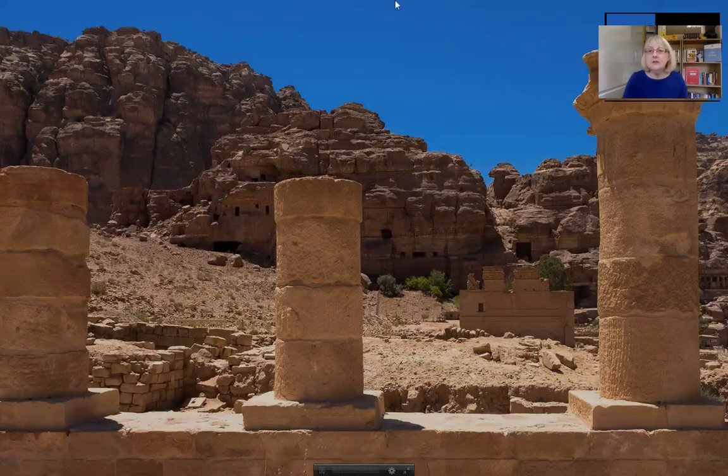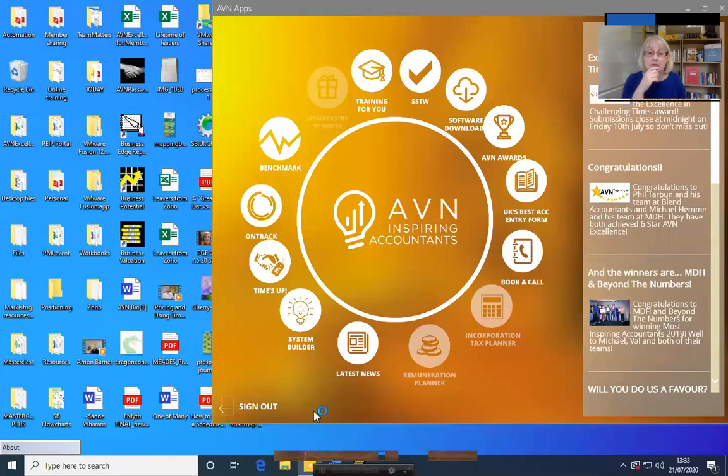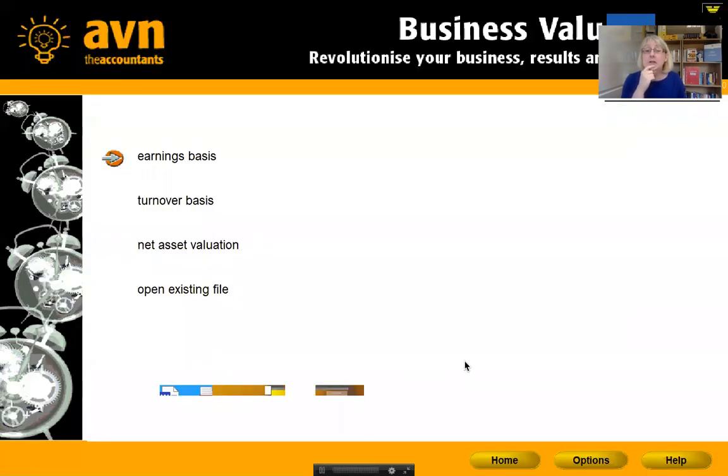And Business Valuation was, again, partly created to help people discuss systems and systemizing, because we did a huge amount of research. We asked lots and lots of business owners to value a business. And the resource is actually in System Builder for valuing a business. Let me just move this out of the way so I can see what I'm doing. And in it, we asked them to value a business